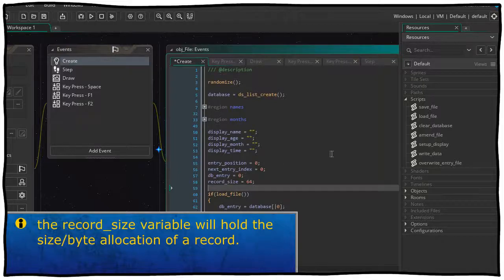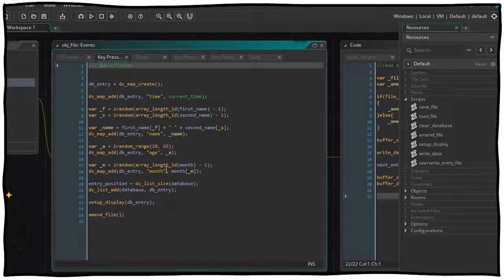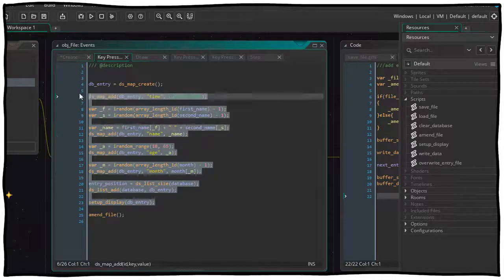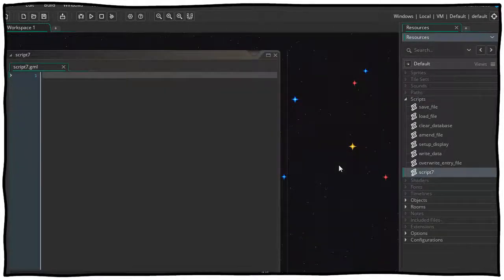Now we're going to create another little helper script, because in the key press space I'm going to want to copy some of this out, put it somewhere else so that we can use it in multiple places. I'm going to create a little script. I'm going to call it make person,